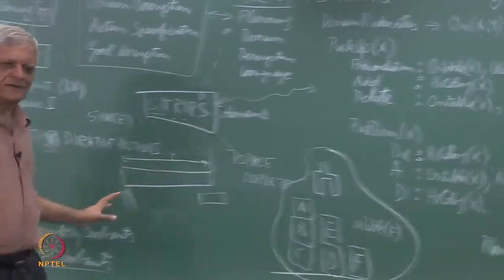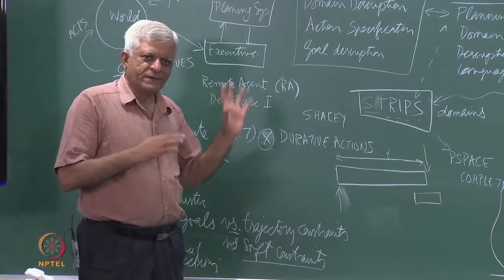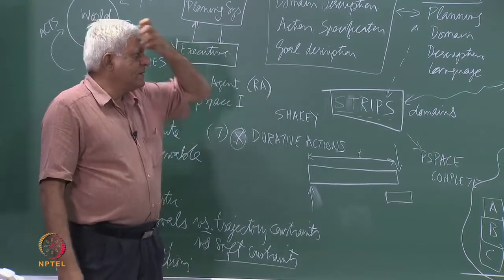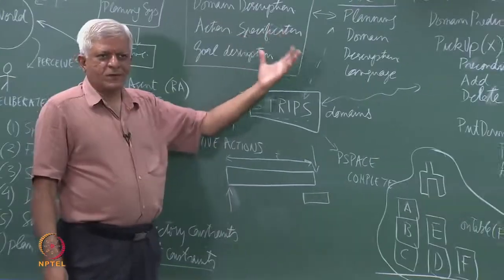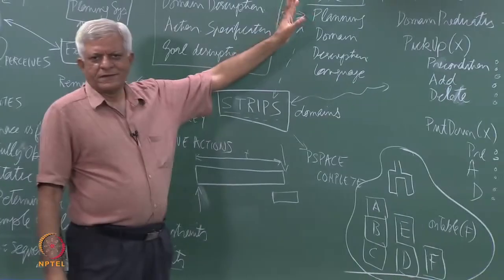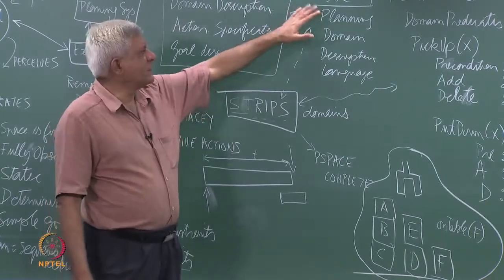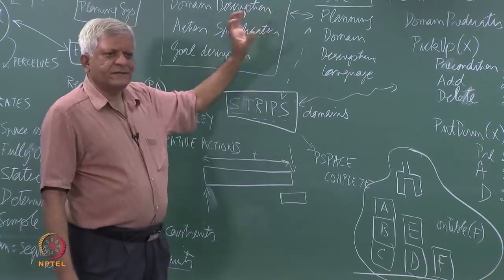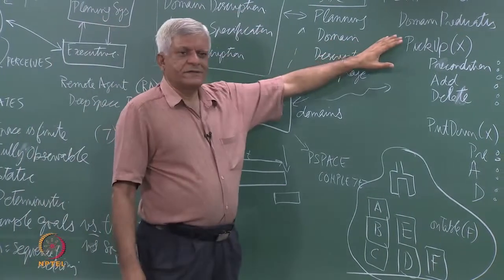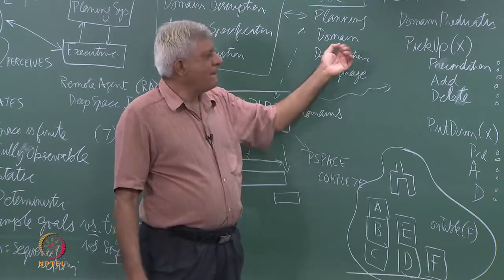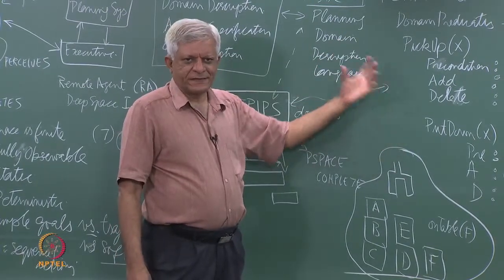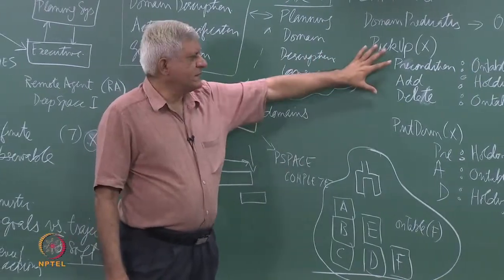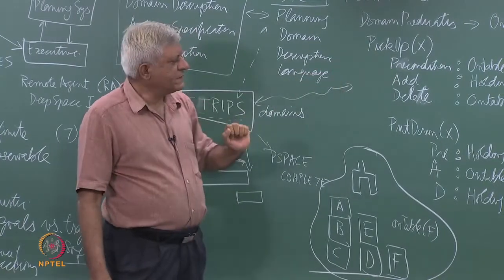Okay, so all we have done today is to describe the planning domain, so to speak. The planning domain is described using a language called the Planning Domain Definition Language, and I urge you to look at some website which will give you the actual syntax of PDDL. But essentially it consists of a set of predicates which are used to define the domain, and a set of operators or actions which are the actions that you can do in the domain, or the real actions are the instances of these operators, if you want to distinguish between that.